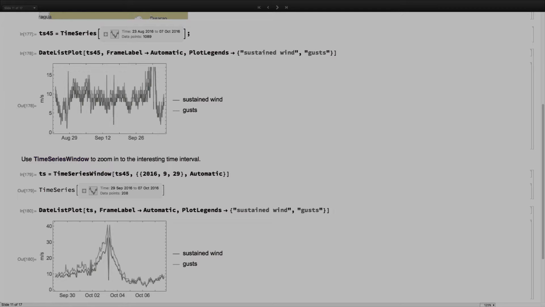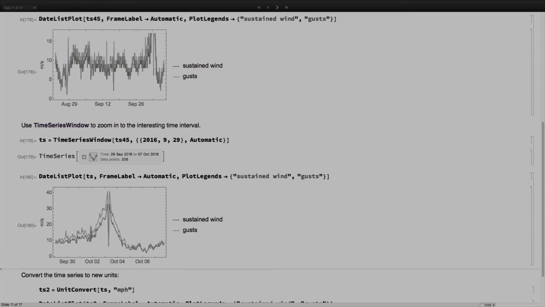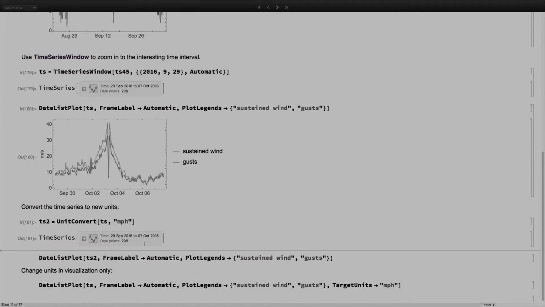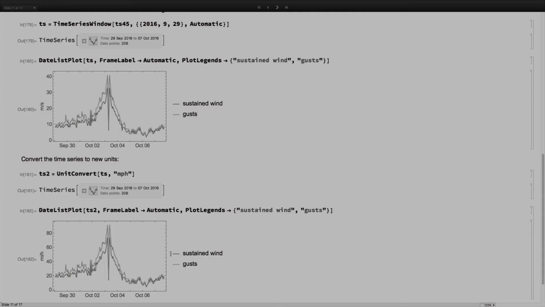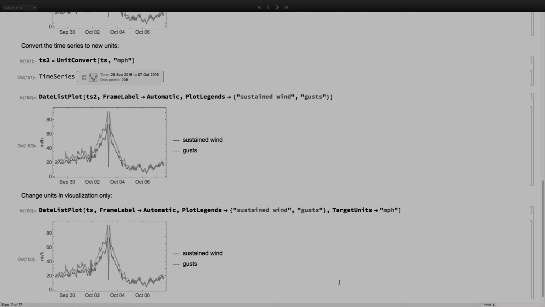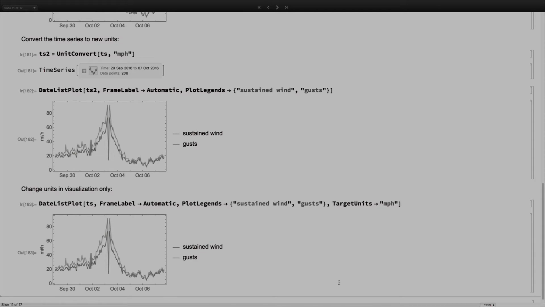Basically, the eye went over the buoy. Okay, so you see the speed went up, then the speed went down, so we have the eye, and I see something interesting going on. Convert to miles per hour. And also, instead of converting the whole time series, we have a useful thing in visualizations that you can just set the target units in the visualization function and then just plot the time series with the new units